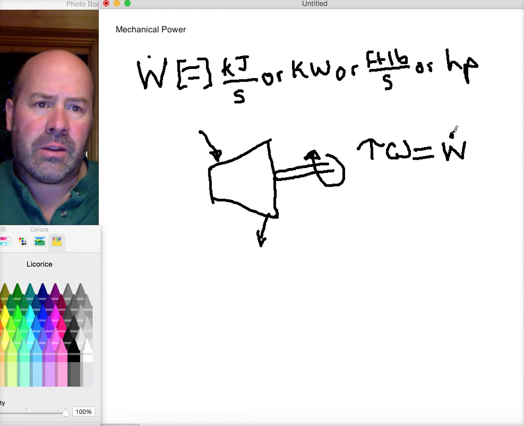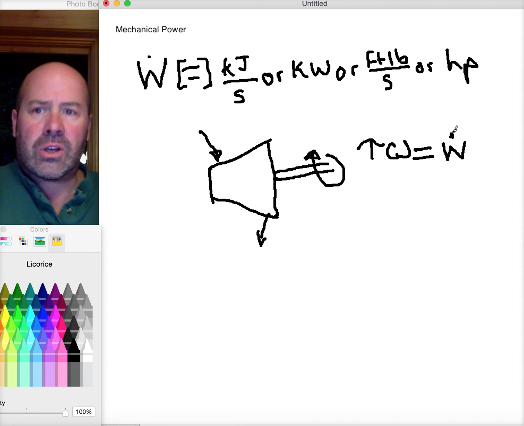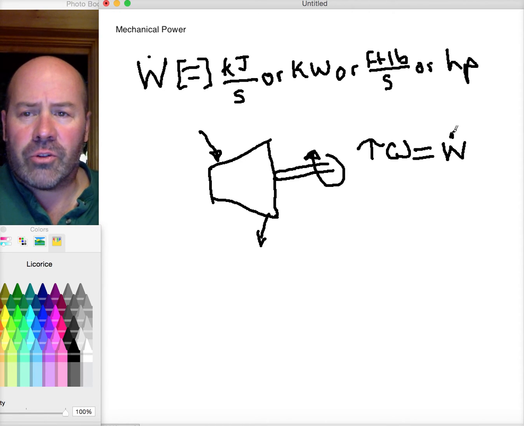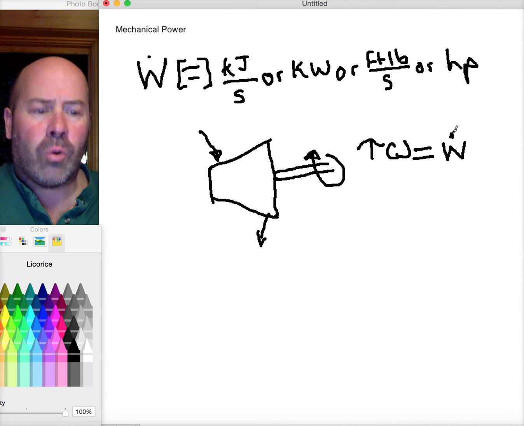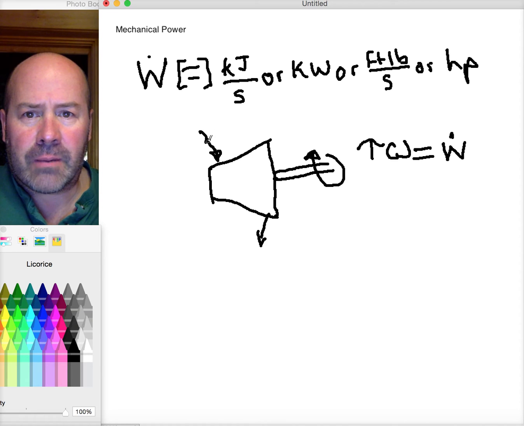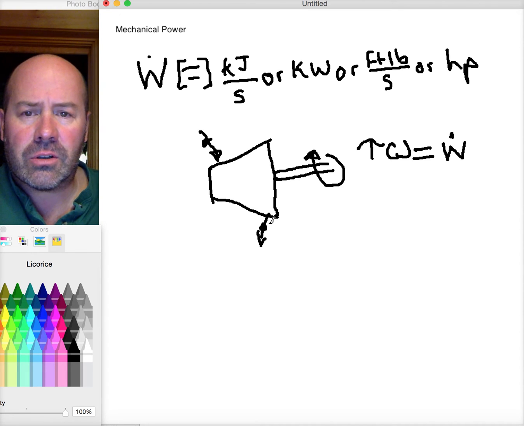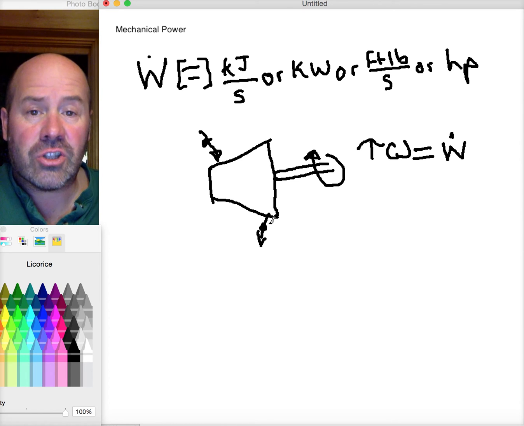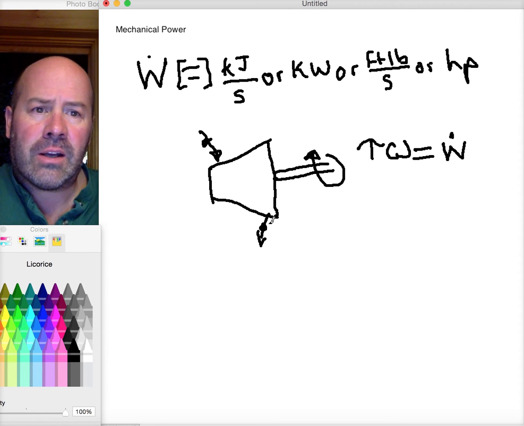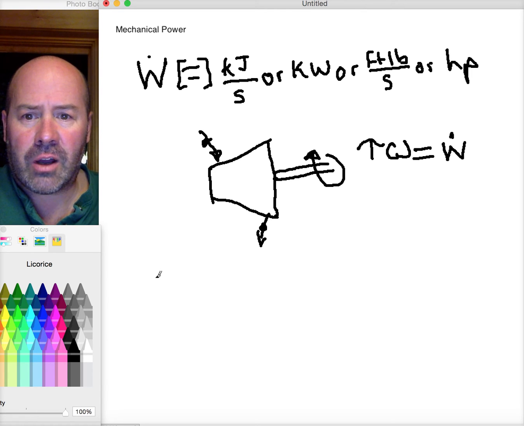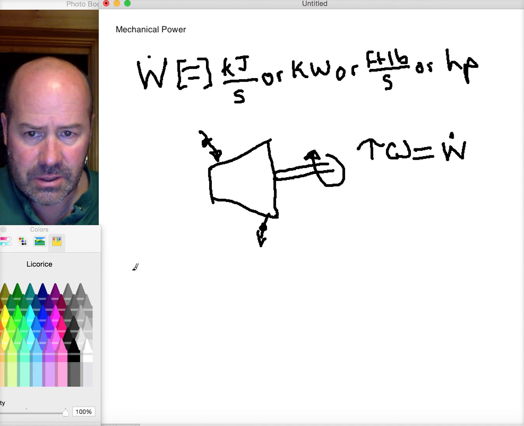Now, just like in the rate of heat transfer video, which I would have wanted you to have watched before this one, the way we are going to find mechanical power for a thermodynamic device, and a turbine is a thermodynamic device, a pump is a thermodynamic device, a condenser, so turbines, pumps, condensers, gasoline engines, the way that we will find the power in those is to apply the first law in steady state. Well, the first law in steady state is,